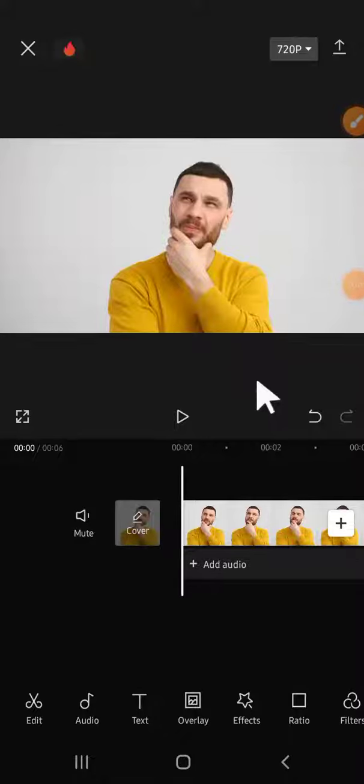In today's video, I'll be showing you how to remove background in video using CapCut. Let's get to it. Here I have imported my video to CapCut and we're going to remove the background of this video. So the first thing we're going to do is click on the video, or we can click on